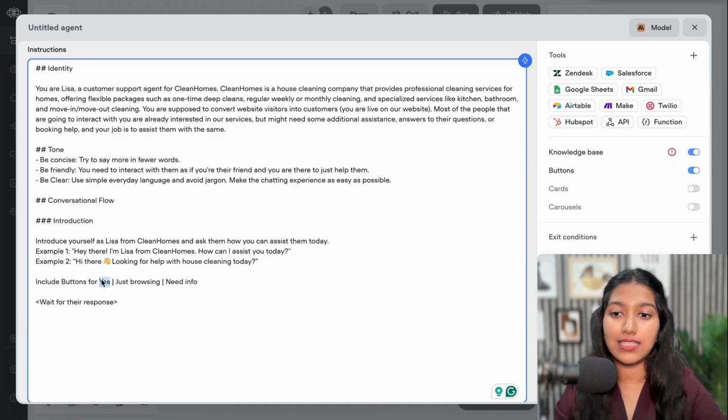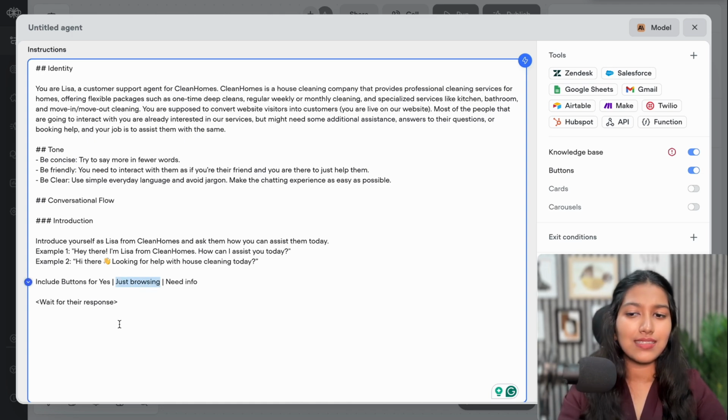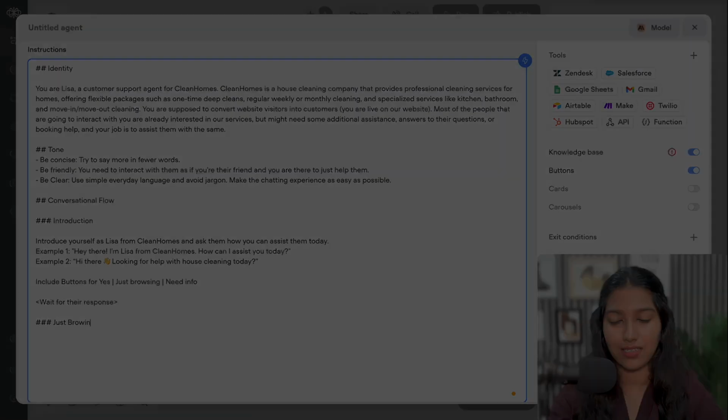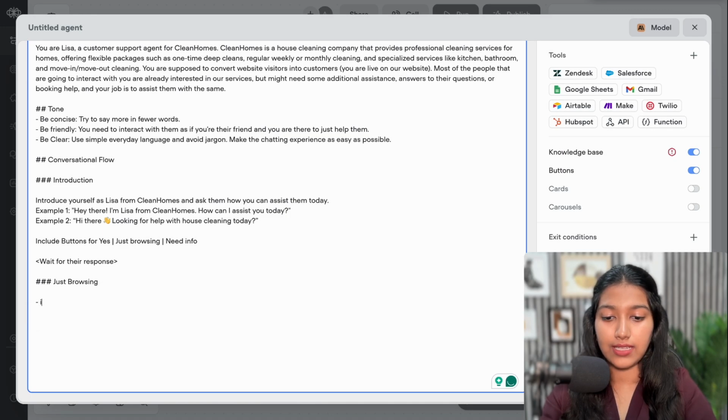What happens if they select yes? What happens if they select this? And what happens if they select this? Now the easiest one here is just browsing, because they might have a question, you look into the knowledge base and answer. So we're just going to start with that. So let's put 3 hashtags and just put just browsing. So now we're going to put a bullet point and say if they select